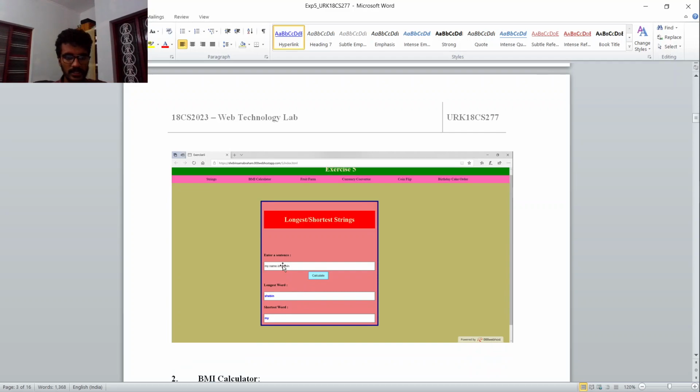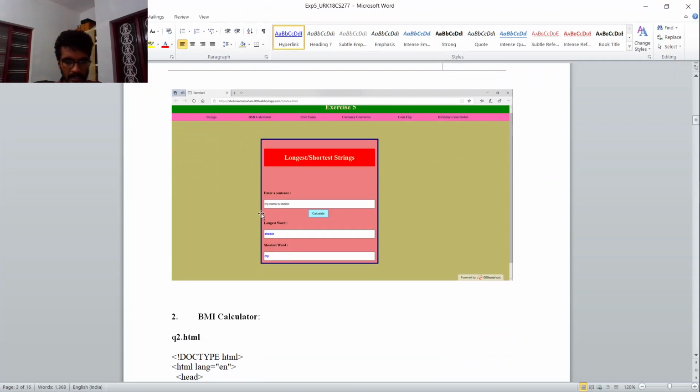Now this is the web page. You enter the name over there, and the longest and the shortest word get displayed. It splits each statement. So My has 2, name has 4, is has 2, Shebin has 6. It goes through each word and finds the longest word by comparing with a for loop. Shebin has 6, checks with the other words, and 6 is the greatest length count. Then it compares for the shortest one, which is shorter than the other 4. So 2 will be My.